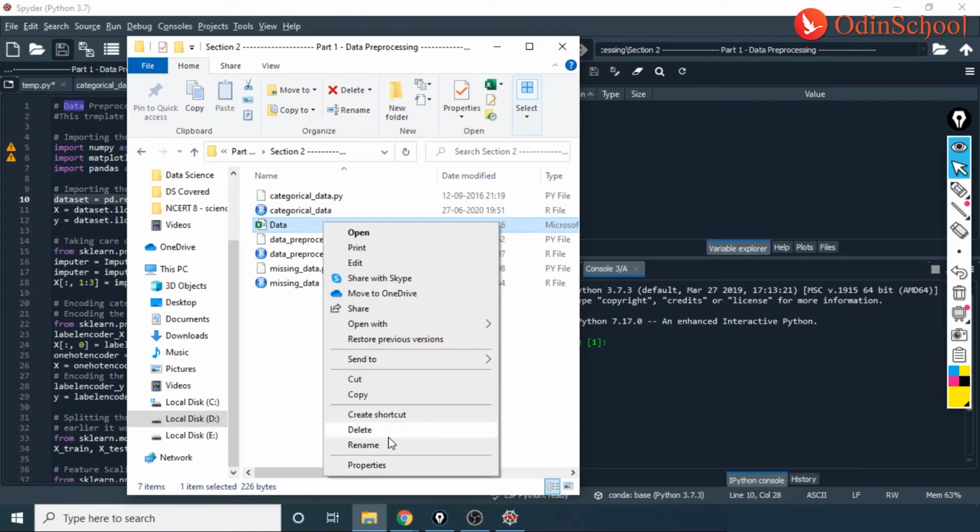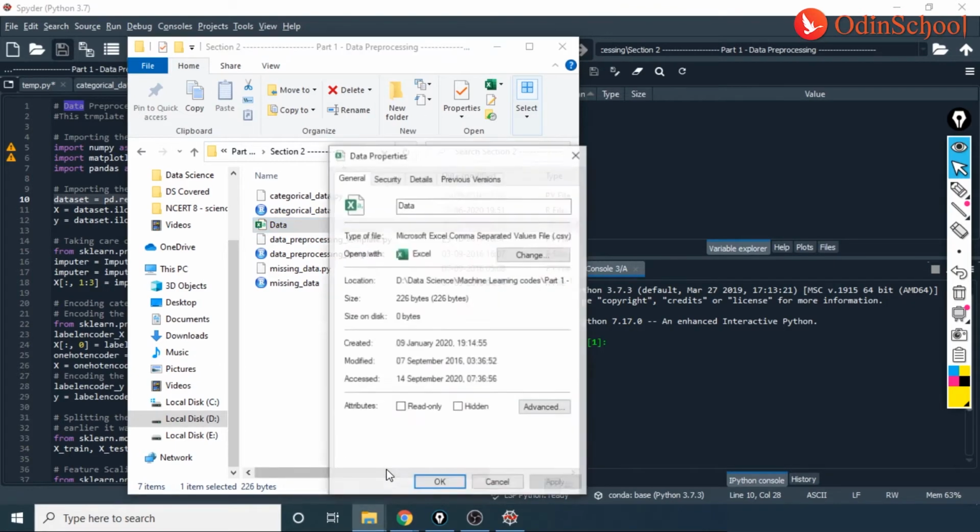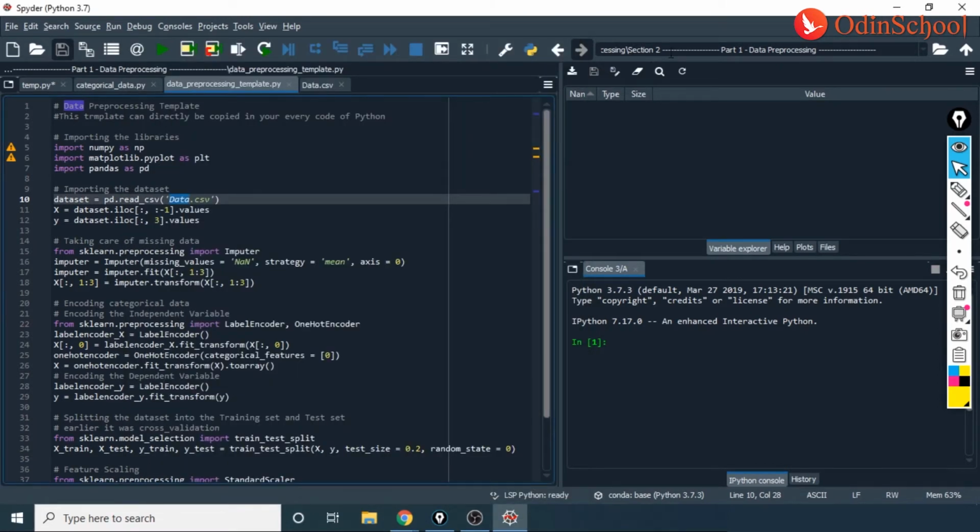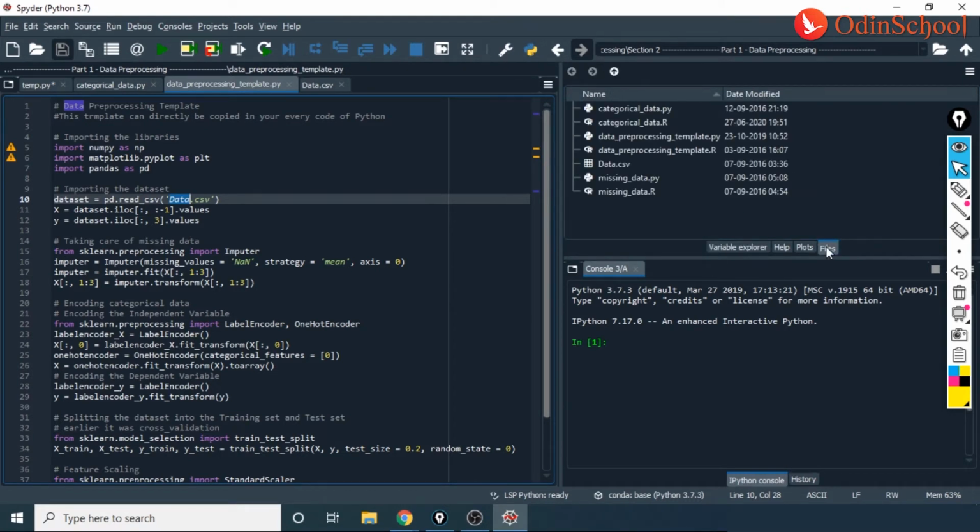I would right click on the file, I would go into properties, and I would copy this path. The whole path, I would copy it, whatever is the end to end. And here I would come into my variable explorer or files and paste it here. The moment I paste it, everything that is within that specific folder is now imported here as well. We have the same set of data there and here.